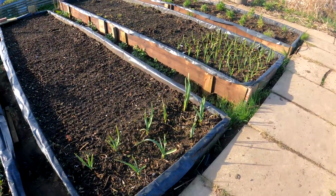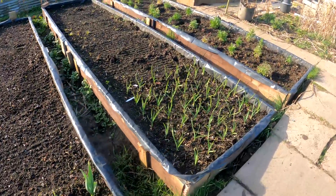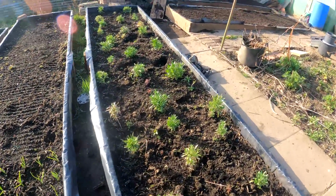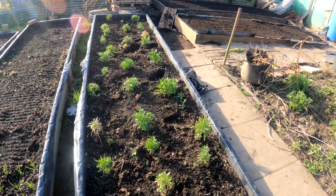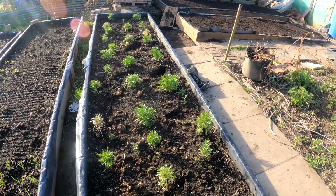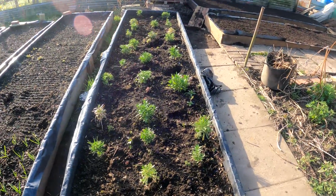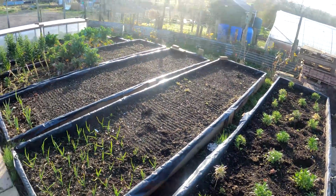A few more bits of elephant garlic in this one. Normal garlic here and some more wallflowers. These were protected, but again they haven't done very well in here. So I think it's back to growing them indoors next year. And if I spin you around slowly,